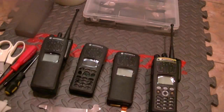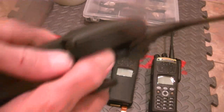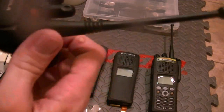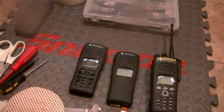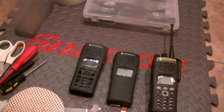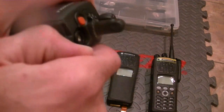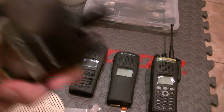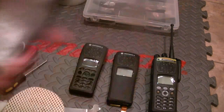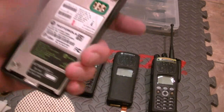These come in very handy. Go ahead and take this, take the battery off, take the antenna off, the dust cover off. So for 2500s, 1500s, and also, if you have a mic attachment, remove that. 2500s, 1500s, and well, you get the idea. Anyway,